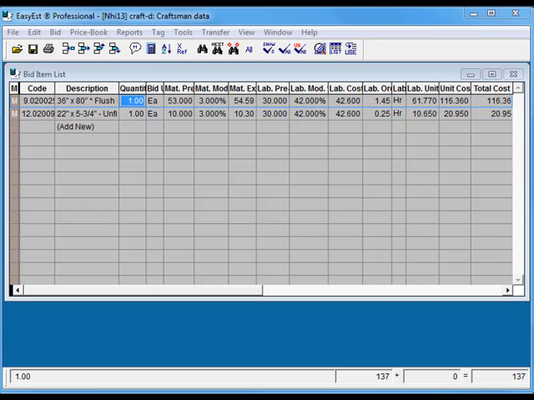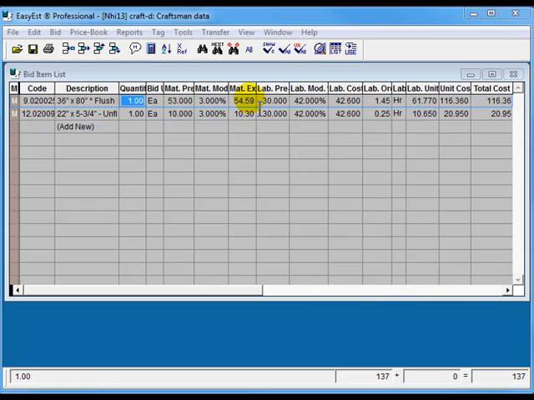As I'd mentioned, you probably will not use the system in this way, but just walking through the columns and what we have displayed, because you'll more than likely not want to have the percent modified on here for either material or labor and raw cost. But at any rate, we have the description. This is a flush door, hardboard door. We have a quantity of 1. We have a cost before modification of $53 for this door. We're modifying it by 3%, and the sale price is